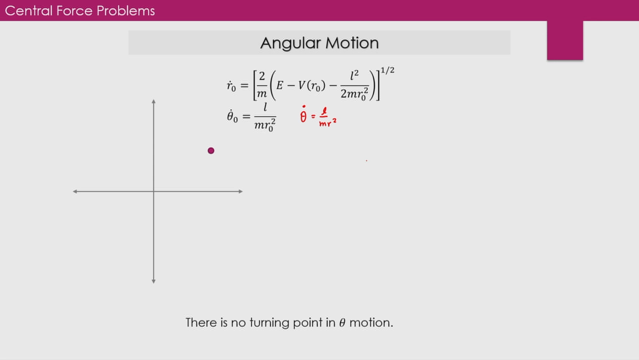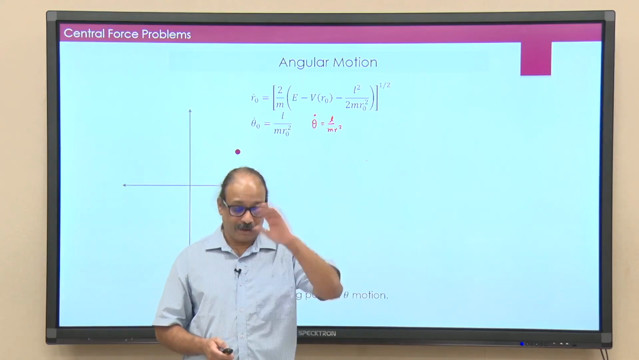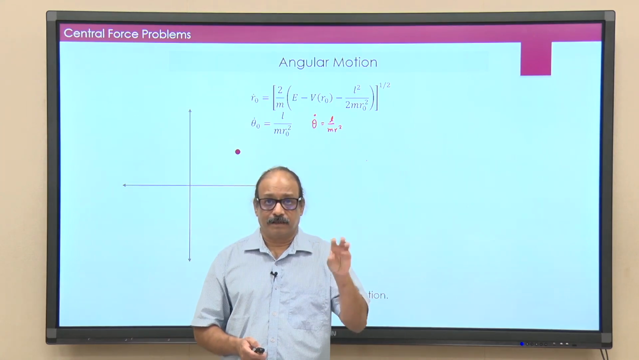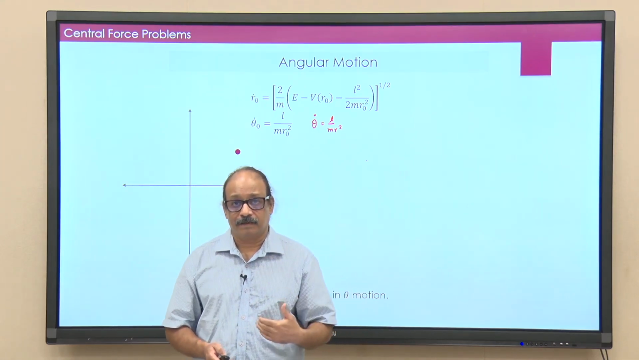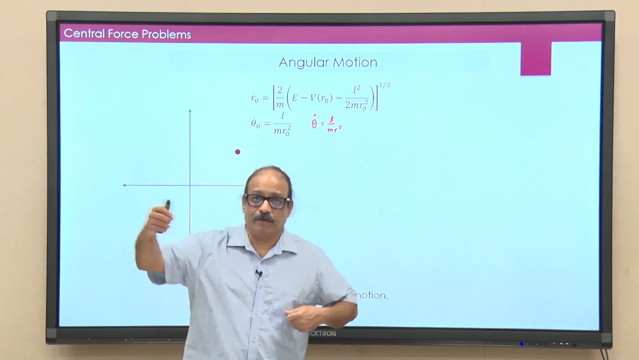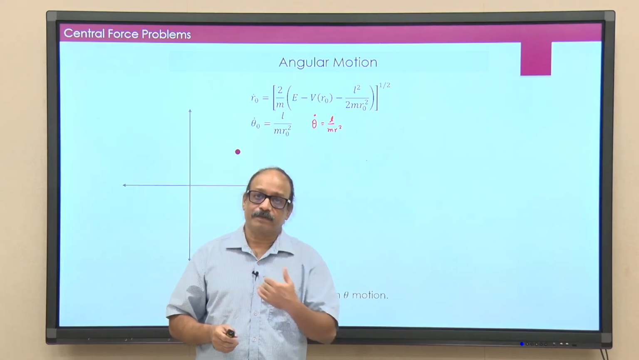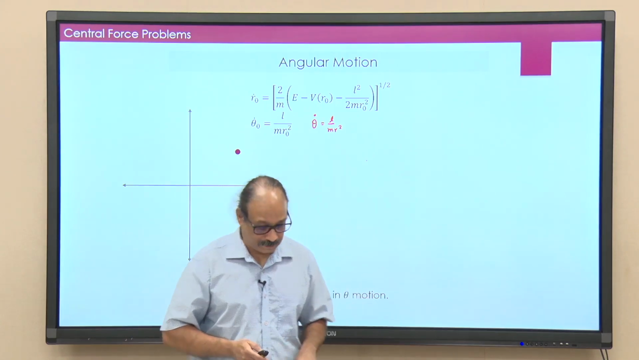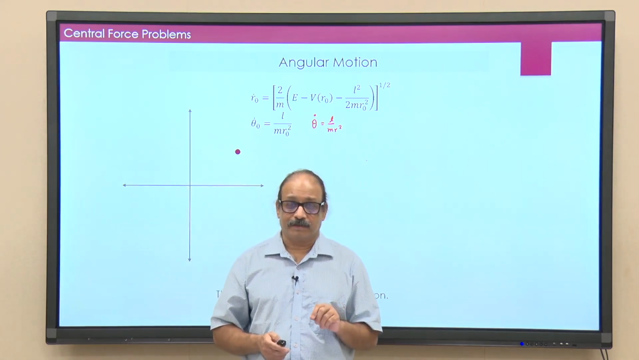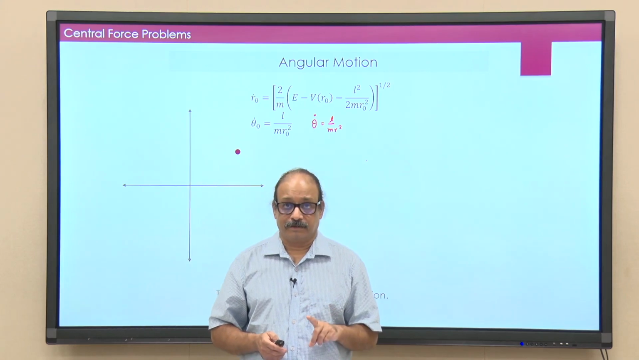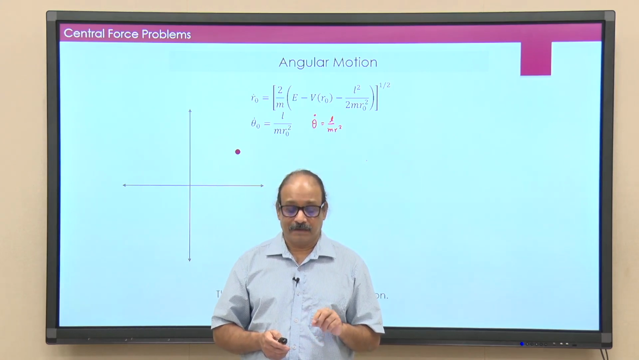That means, as the motion passes by, theta dot is related to r. If r increases, that means the particle goes away from the origin, the angular speed reduces. If it comes closer to the origin, angular speed increases. But what you must notice is theta dot is actually